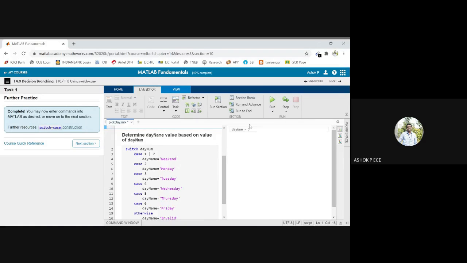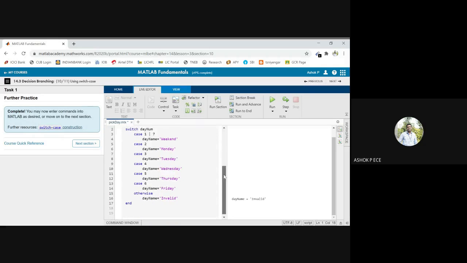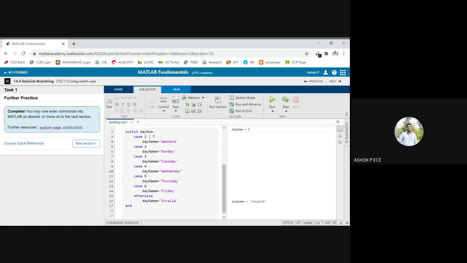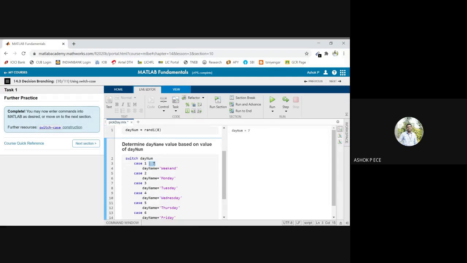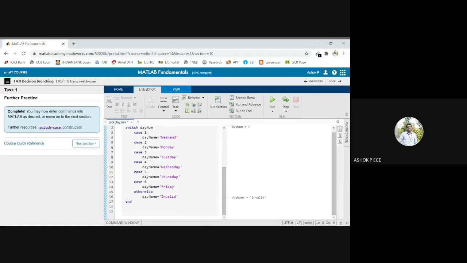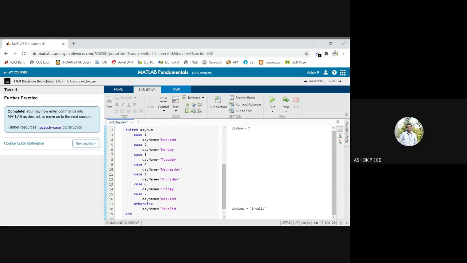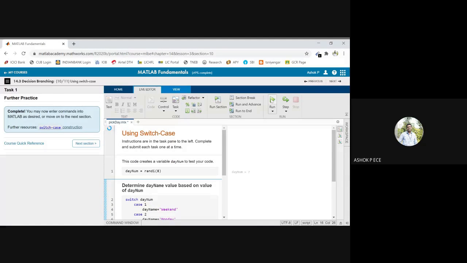Yes, see here, day num is 4. I think it is saying for 7 also. So maybe I think for case 7, I'll give one more thing. Case 7, a name equal to weekend. And otherwise, for 8,